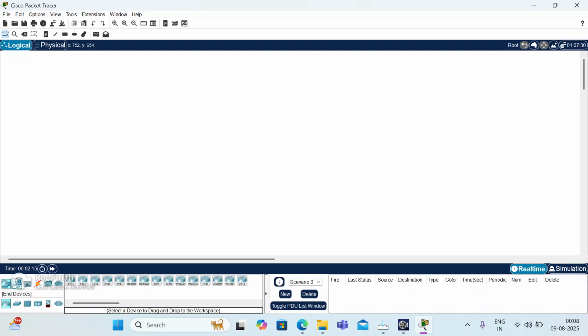Just click on the end devices so that you can select the PC, drag and drop the PC there. So PC0 and PC1 I am dragging and dropping here. Same case, next level, we are putting PC2 and PC3. So PC2 and PC3 are the right side network. Above the PCs we are just having the